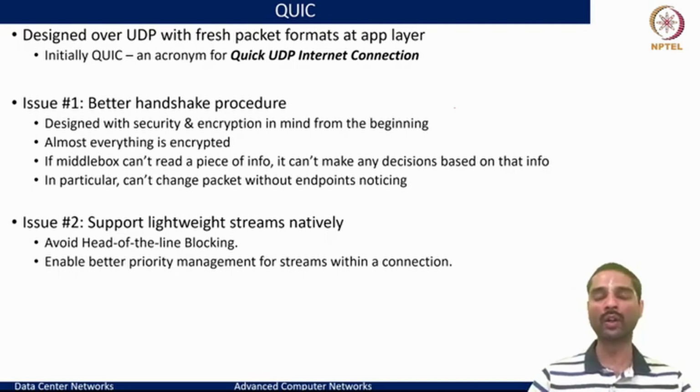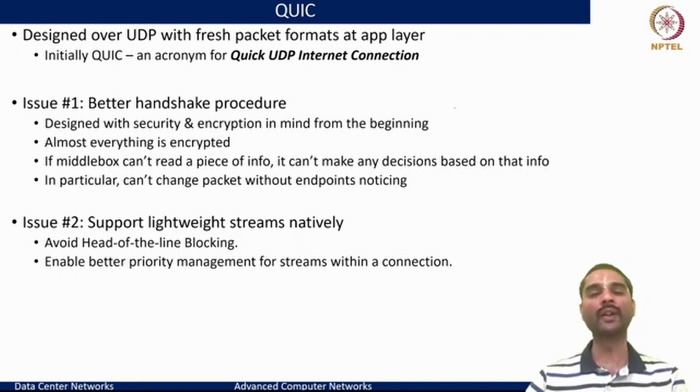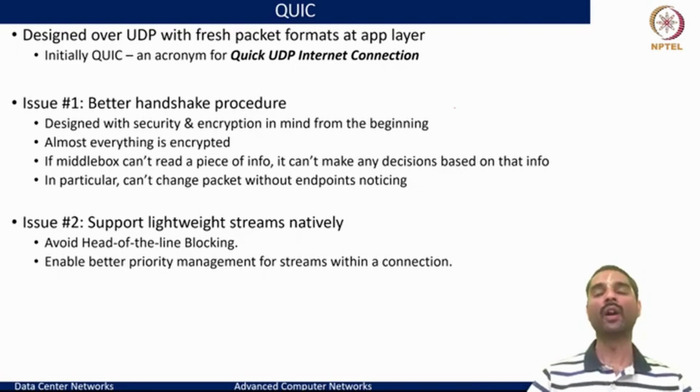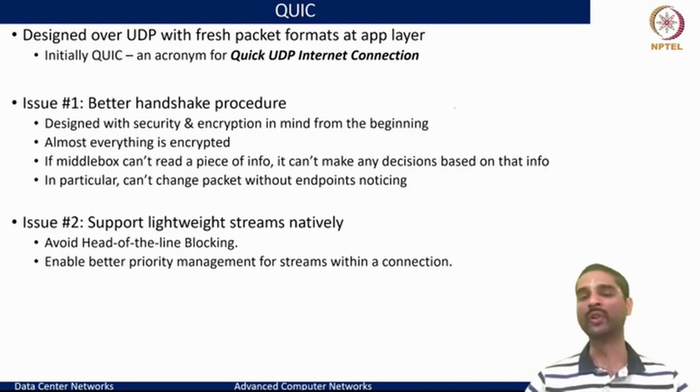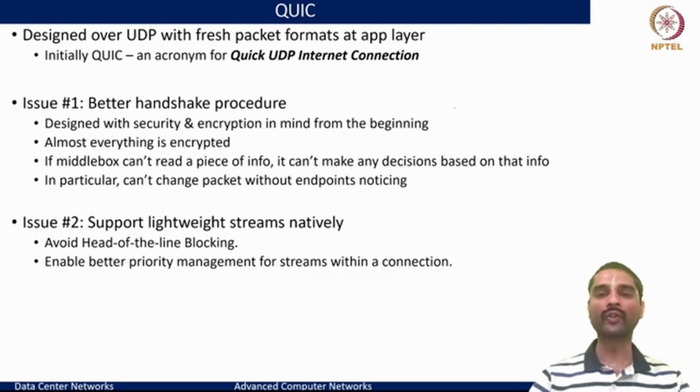So if we bring that on top of it and use it at the application layer, we would try to build the intelligence to say how we can build the reliability over UDP in one way, and how we can build the ordered delivery of packets over UDP. And the third part is how we could also build multiple streams of data over the same UDP connection. And all of this in a way that, because UDP is an established network protocol and middle boxes would treat them as just typical UDP connections, you would not have any issues or concerns of packet drops happening at the middle boxes anywhere in the network.